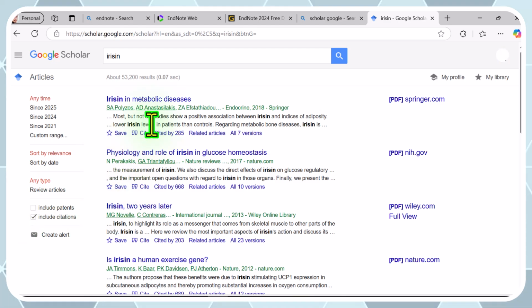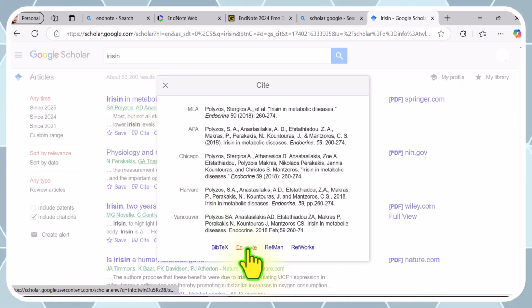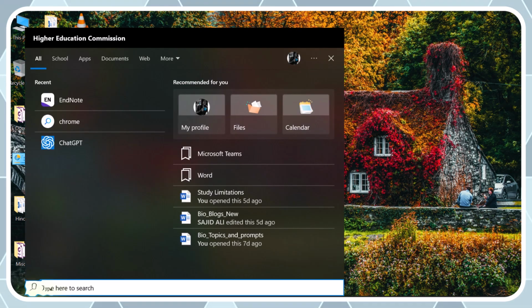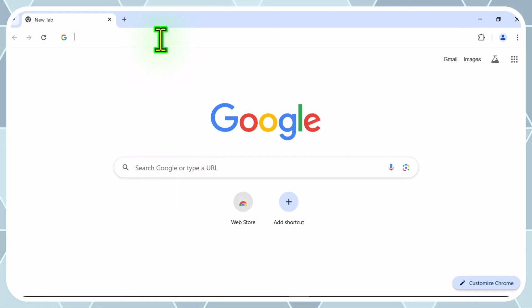You can study them from here, but if the topic irisin in metabolic diseases is of your interest and you want to add it to your references library, simply click on the Cite button and then on the EndNote button to download it for the EndNote library. But unfortunately, as I've already mentioned, Google is not giving us access to download the reference using Microsoft Edge. So what we have to do is open the Chrome browser. In the Chrome browser, we will be able to